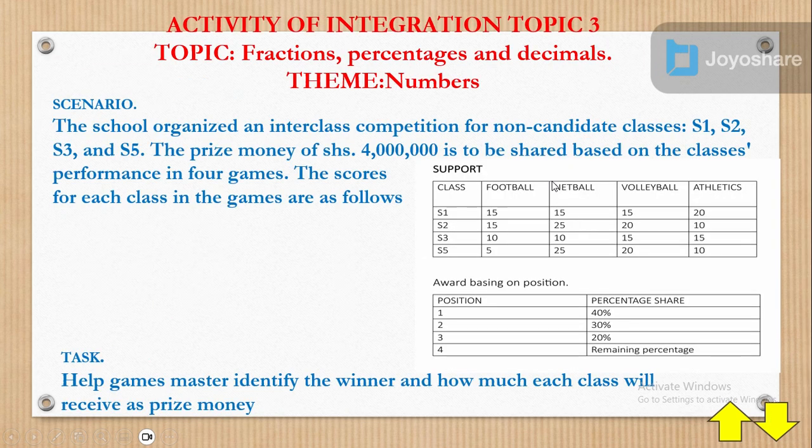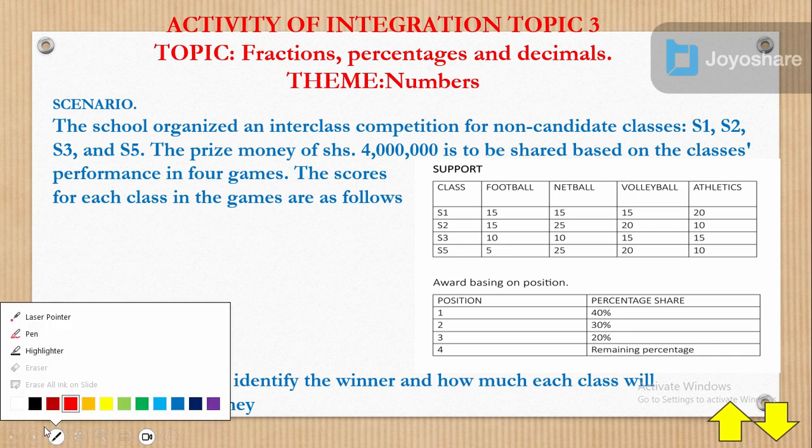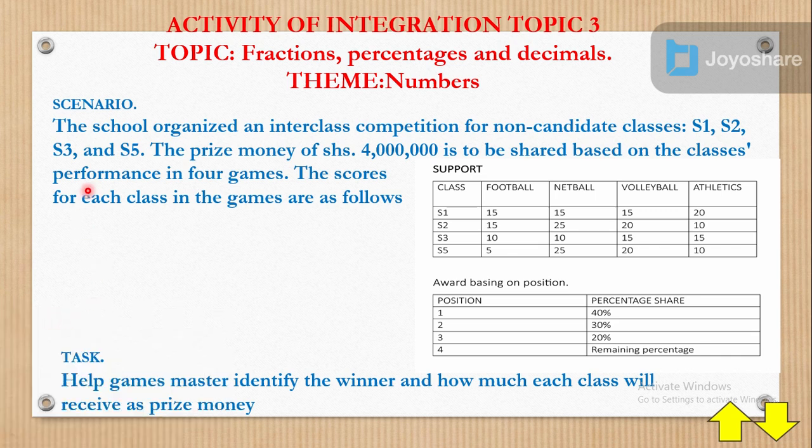Number 3. Topic 3 comes from fractions, percentages, and decimals. These activities of integration are picked from syllabus books, specifically the learning outcomes. Okay, let's go through this. So you expect things about fractions. The school organized inter-class competitions for non-candidate classes, Senior 1, Senior 2, Senior 3, and Senior 5. The prize money of 4 million shillings